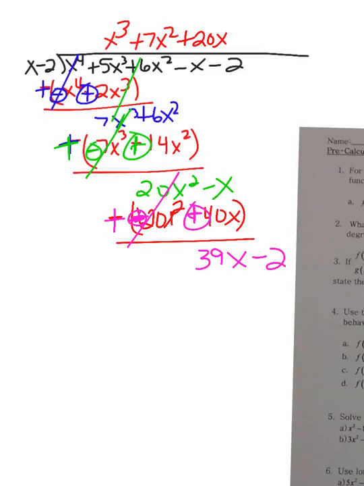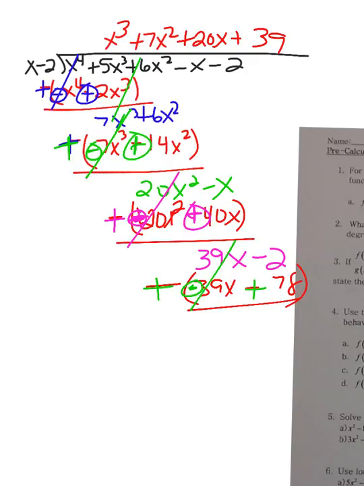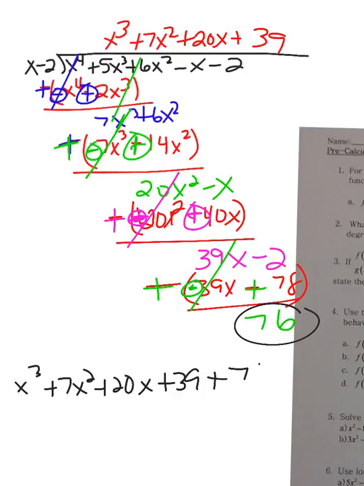And then we have x times 39 gives me 39x. So that would be negative 78 and 39x. Minus, this becomes plus, minus, plus, cancels, and I get 76 is my remainder. So my final answer is x to the 3rd plus 7x squared plus 20x plus 39. Now my remainder, which is positive 76, over my divisor, which is x minus 2. All right, let's take a look at